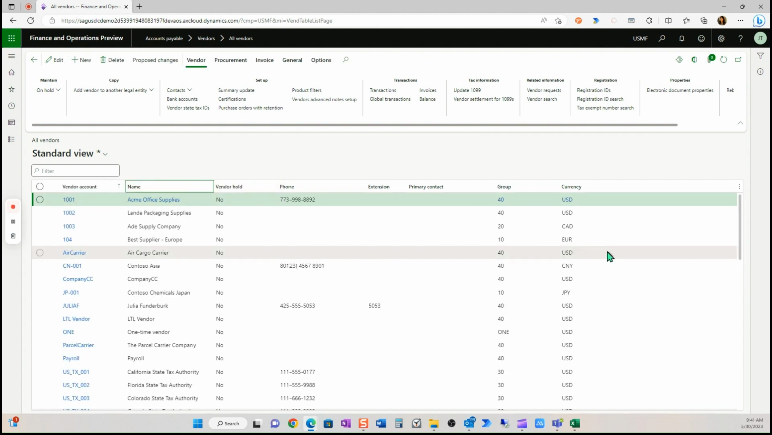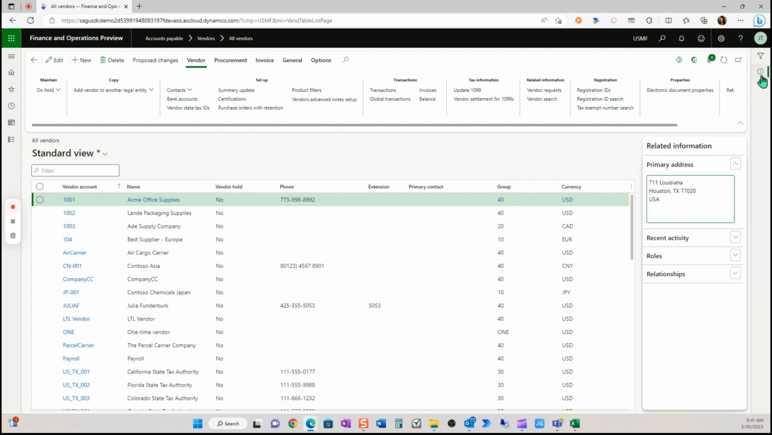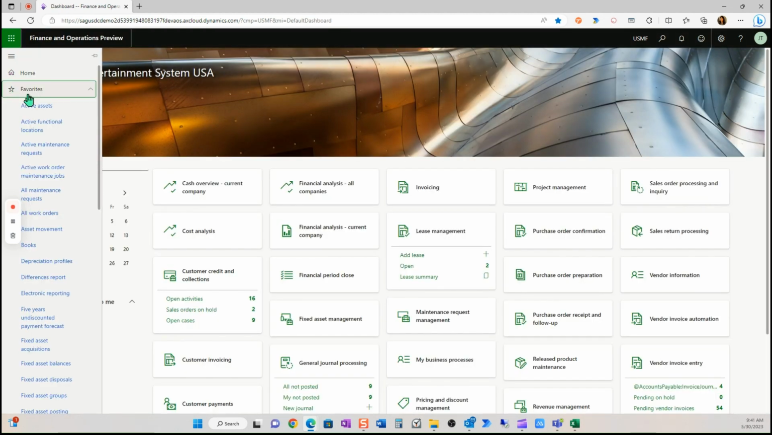Now, one of the things that I'll point out that a lot of new people in D365 don't know about is this information over at the right-hand side. It's a small little circle with an eye. If I open that up, there's always related information available on every single table. Well, I would say most of the tables in D365. Now, the system will remember that I like to see this related information, so I only have to open this one time. If I get out and get back into that all vendors table,